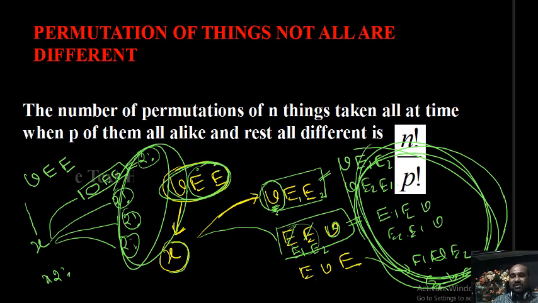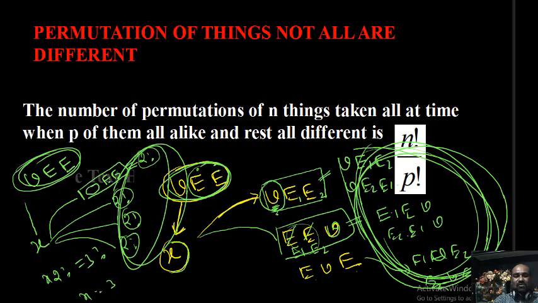What is the meaning of that? This is nothing but the number of permutations of these 3 letters when they all are treated as different. All are treated different. How many will we get? Those many. That's why x into 2 factorial is nothing but 3 factorial, I can say. So what is x here? X equals 3 factorial by 2 factorial. That is 6 by 2. That is equal to 3. That is the correct answer. Okay.